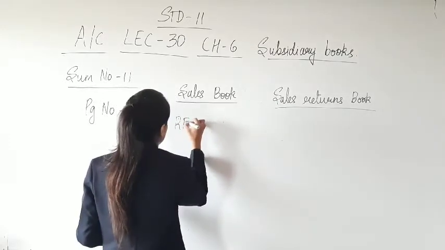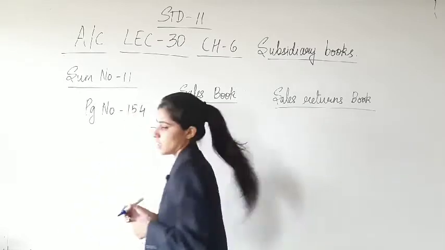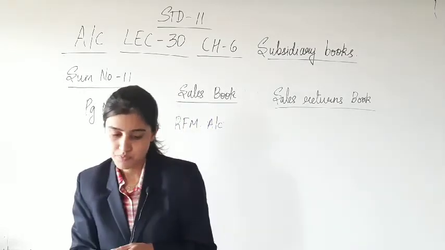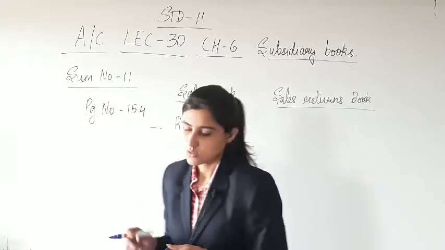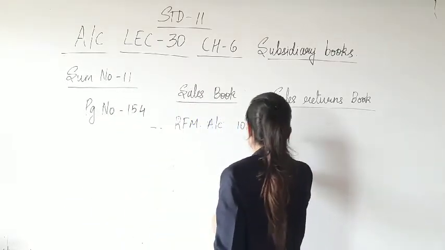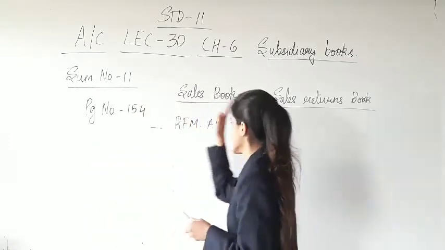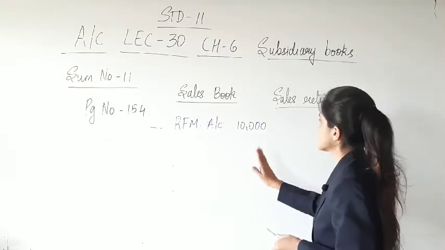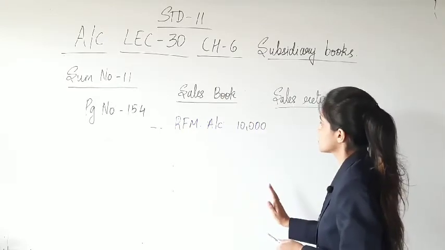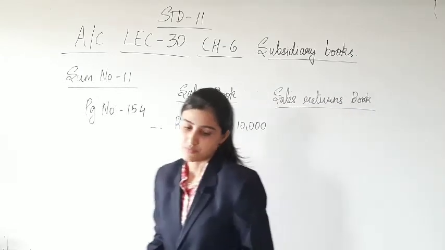will be recorded with the proper date here. And let us see the amount. It is 10,000. We will record 10,000, the entire amount, because cash discount is applied only on cash transactions. So this is a credit transaction that we have considered for now. So 10,000 will be recorded in sales book.